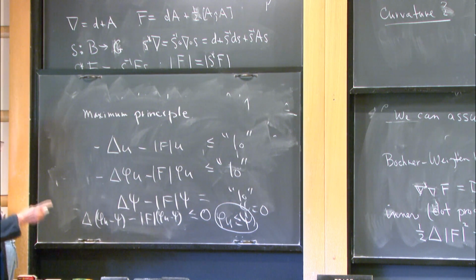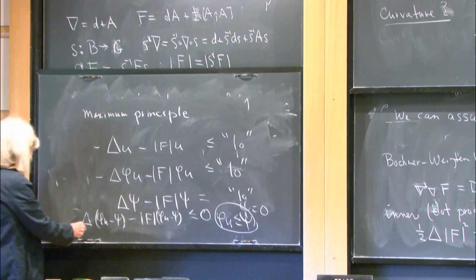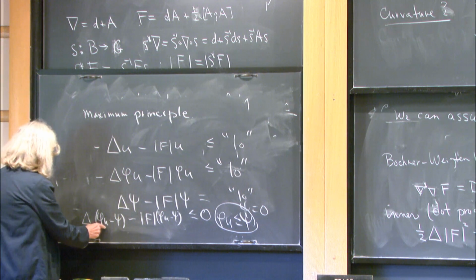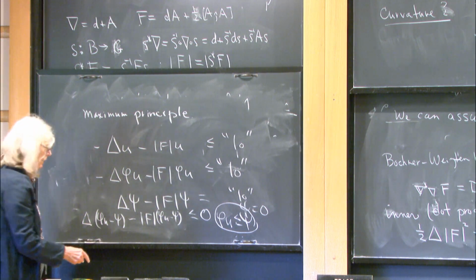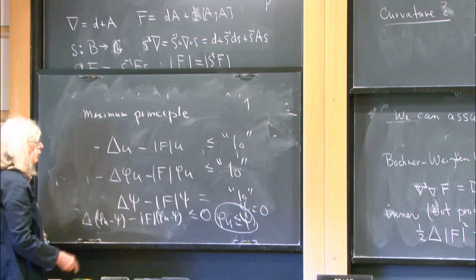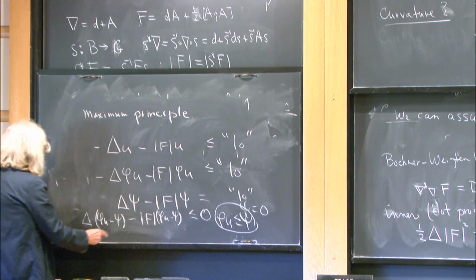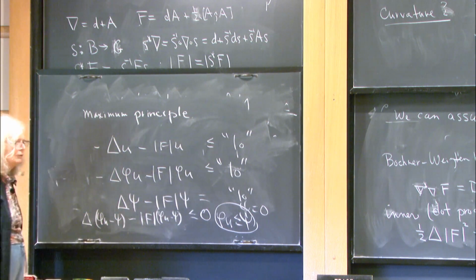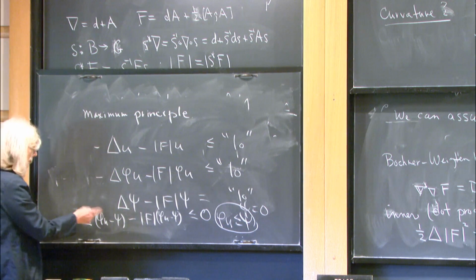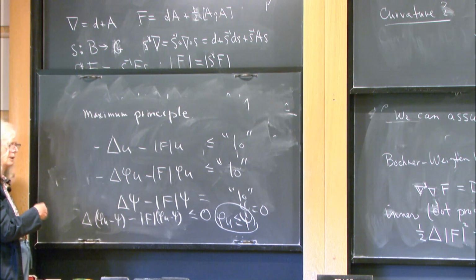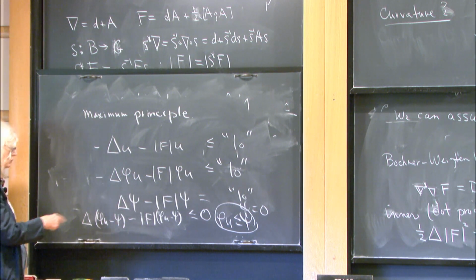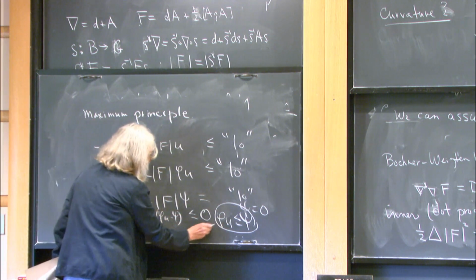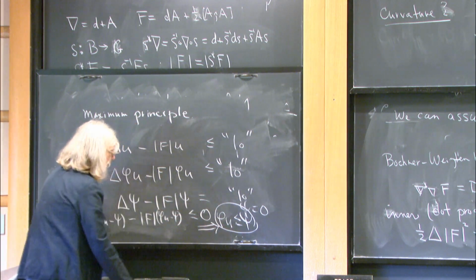But I can't apply the maximum principle if this is only in L2. So by improved Kato, I can actually get this to be in a little bit better than L2, and a little integration by parts and Sobolev constants and so forth tells you that this is true. But remember, we needed